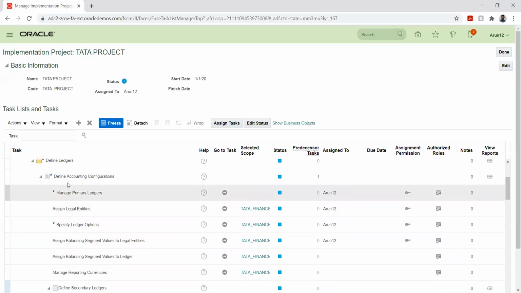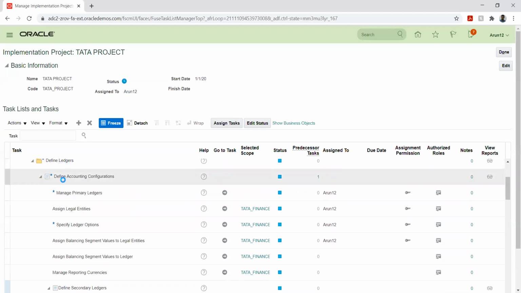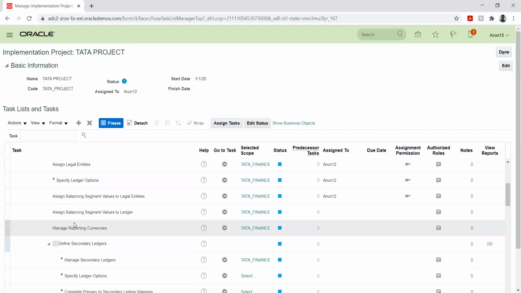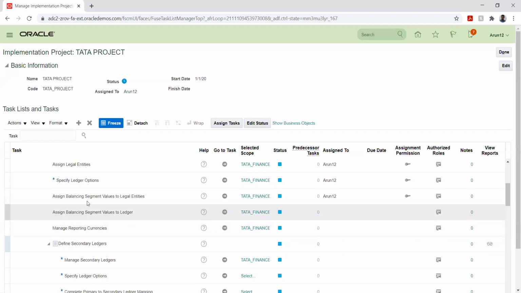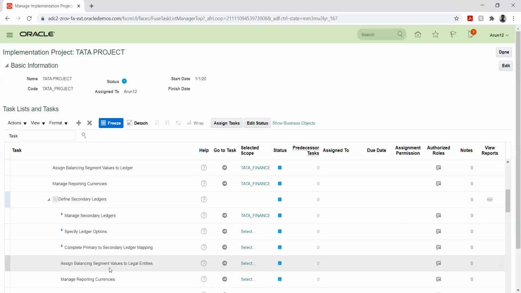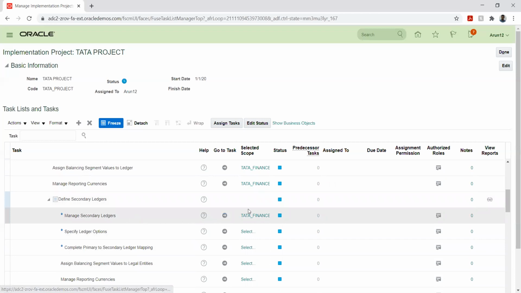Under define ledgers, we have accounting configuration. Here we have a separate option called define secondary ledger. So the first option would be to define the secondary ledger.